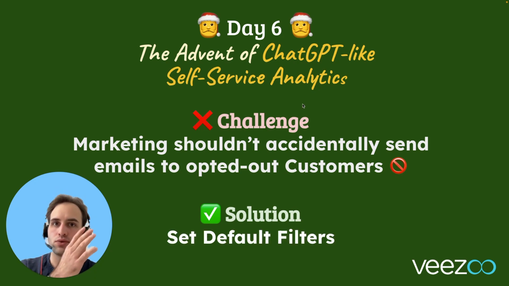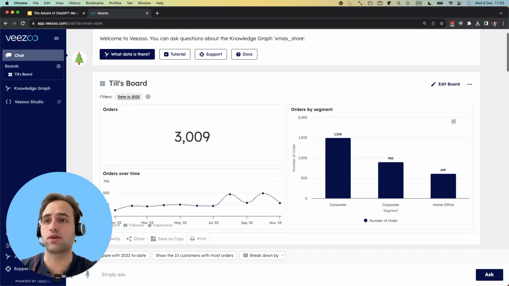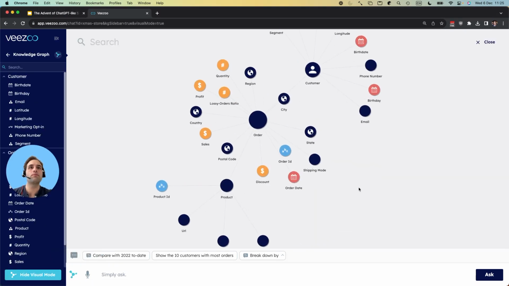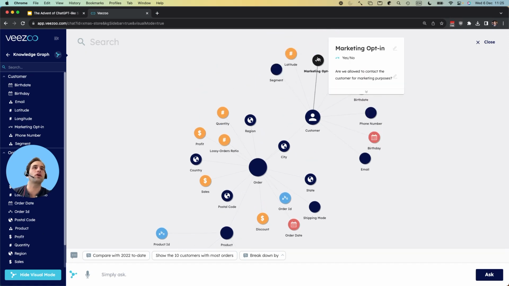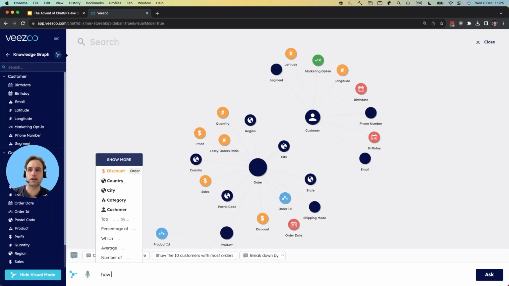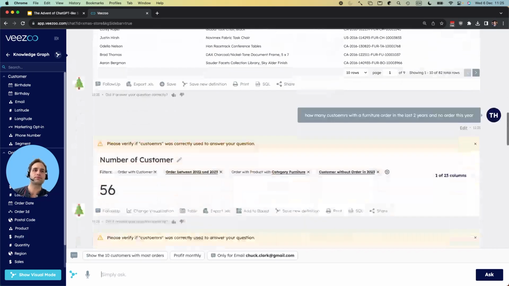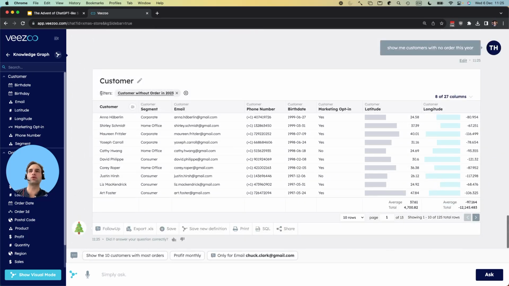So the solution in Veezoo is to work with default filters. So let me briefly jump to Veezoo. We have here this knowledge graph, the same knowledge graph that we already had in the previous videos. And we see on the customer, there's this node marketing opt-in, if we're allowed to contact the customer for marketing purposes. So if I ask something like, show me customers with no order this year, by default, we don't get any filter like if the customer has marketing opt-in or not. So you can see here that there are some that are actually opted out. So right now we would really need to actively